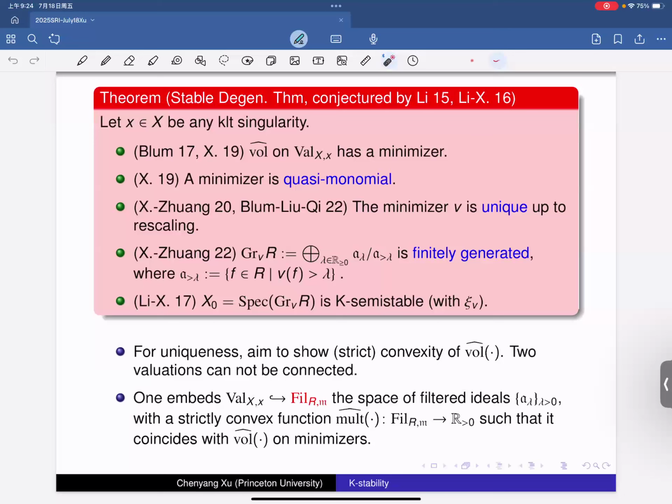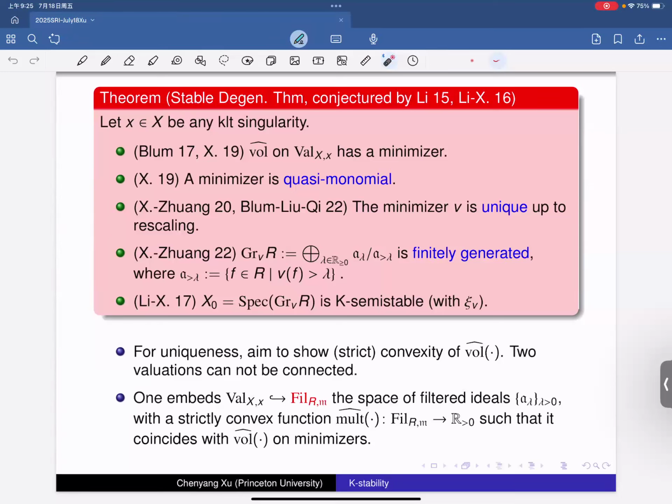I should say that the normalized volume is rescaling invariant. So the normalized volume of lambda v is the same as the normalized volume of v. So the best you can expect for uniqueness is uniqueness up to rescaling. And again, we prove that the associated graded ring is finitely generated for this minimizer. Of course, for a general valuation, there is no reason the graded ring should be finitely generated, but